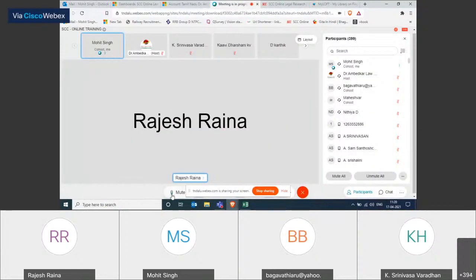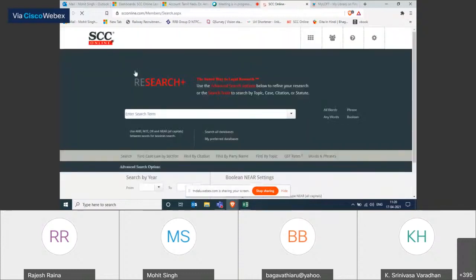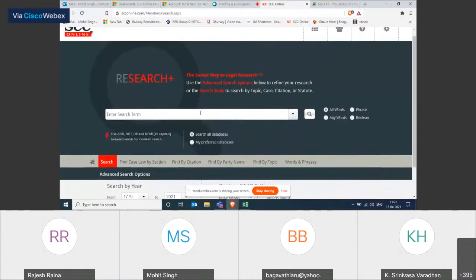Yes, I'm doing that. So let's start with the word search. In the word search, whatever query you are keying in, you can key in this enter search term area. Usually, in any free legal search engines like Google or maybe Wikipedia, you tend to enter the entire description. So, for example, if I'm looking for, let's say, Mohit,